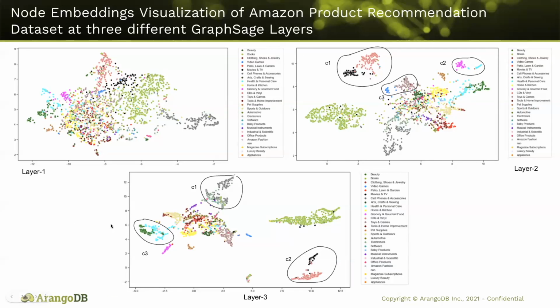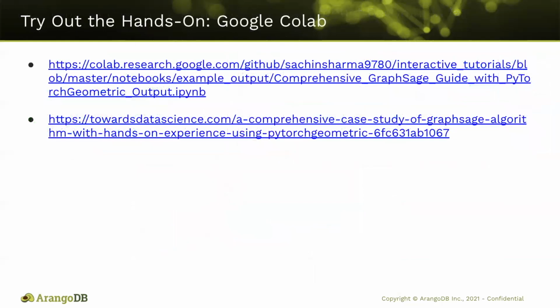And if anyone wonders how I created these visualizations of node embeddings, I have already prepared a Google Colab notebook with which you can play around and perform a lot of experiments, by adding some more layers in the GraphSAGE model or performing some more hyperparameter tuning in order to increase the accuracy of results.